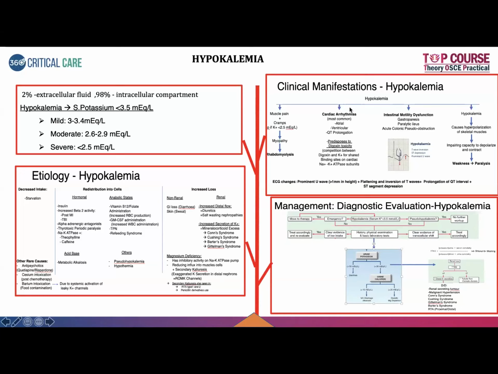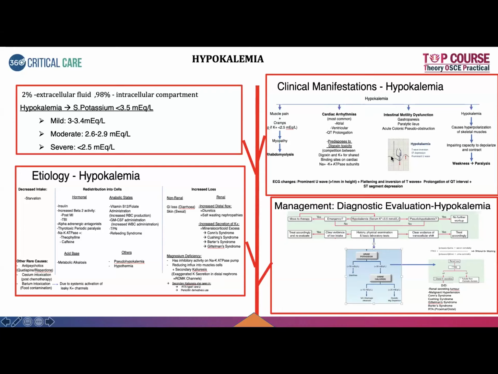So when you're talking about the clinical manifestations, one is cardiac arrhythmias, which is very important. Next, intestinal motility, neuromuscular weakness, hypokalemic periodic paralysis can happen. Other one would be rhabdomyolysis, myopathy related rhabdomyolysis. So cardiac arrhythmias, most common is